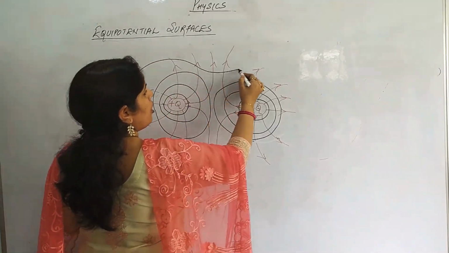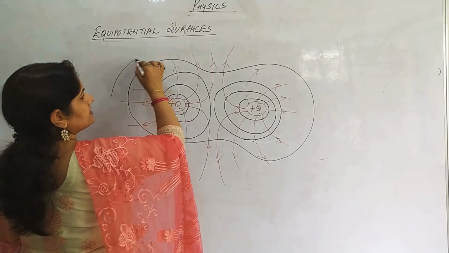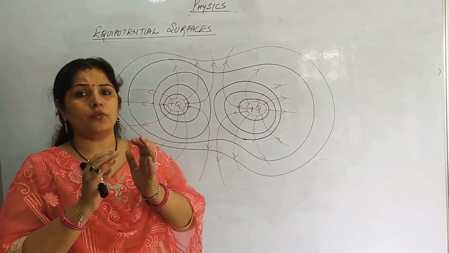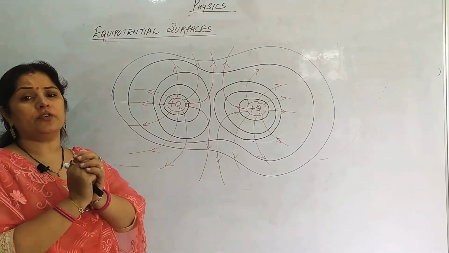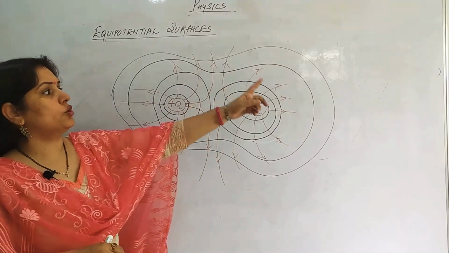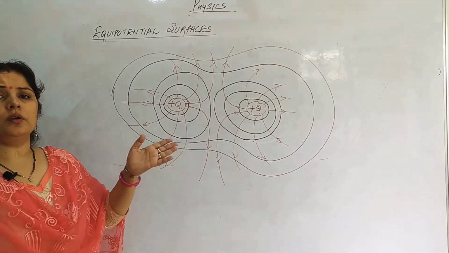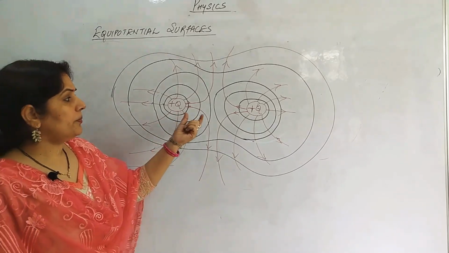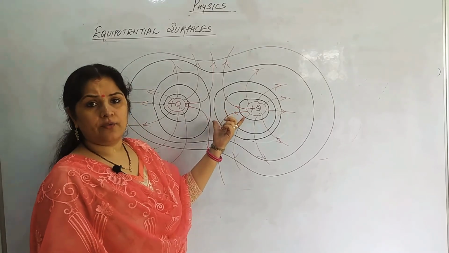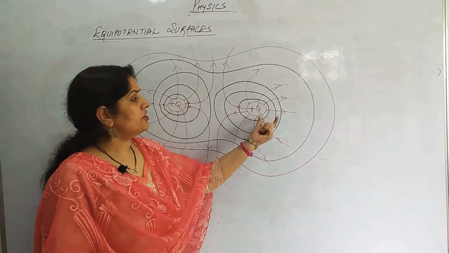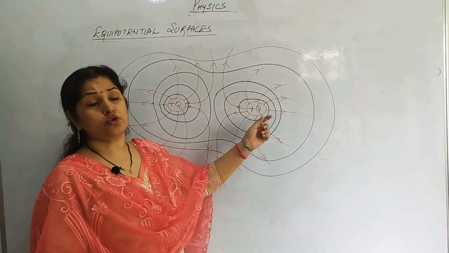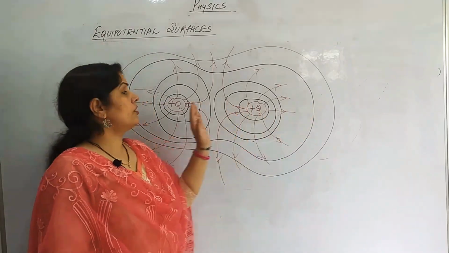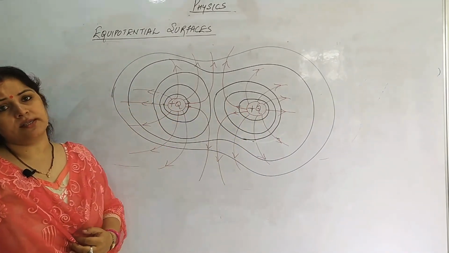We can also draw an envelope of similar charges like this. When we view it from a distance, it looks like a bundle of charge. When viewed from a distance, this looks like this loop, whereas in a dipole, they do not appear like this, right? So this is how equipotential surfaces are farther wherever the field is weaker, and closer wherever the field is stronger. Here it is stronger, it wants to move this side. Force is acting here, meaning the electric field is stronger here and here, and very weak in the center, right?